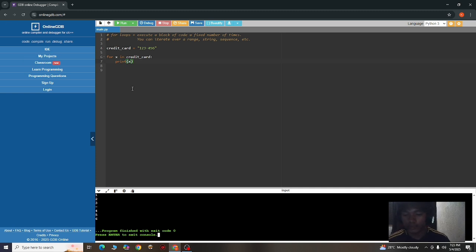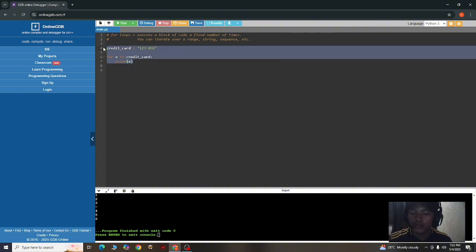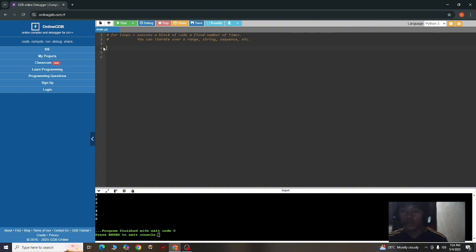So next example is I want to introduce the continue keyword and break keyword. So let's have continue first. You can also use this in a while loop. So for X in range 1 to 21, so it would end at 20.